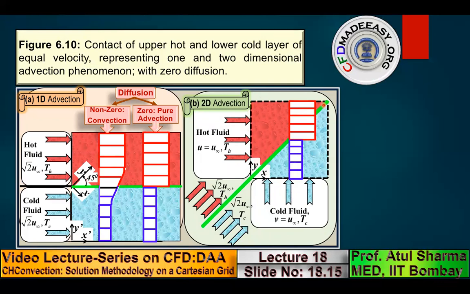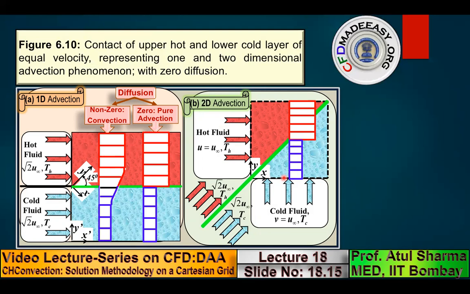So in this computational domain, you can see that the hot layer is flowing above the diagonal. The hot fluid is moving above the diagonal and the cold fluid is moving below the diagonal. And as I mentioned in my earlier lectures, if you are standing between ice and fire, and the flow is from the ice side at extremely large velocities, which corresponds to pure advection, then you feel a temperature close to 0 degrees centigrade.